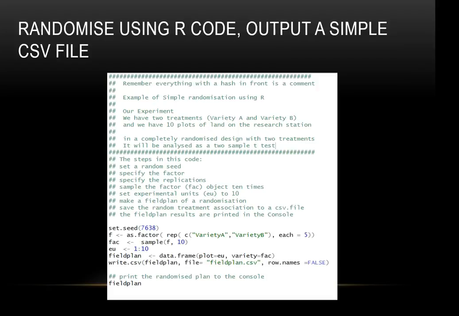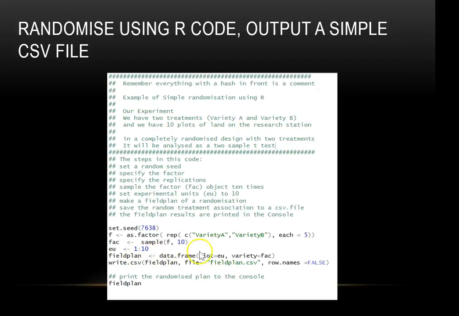So the steps in this code, and let's look down to the black. First of all, we set our seed, and in this case I've got 7638. It doesn't matter what the seed is. Then here I'm just making a factor, so I'm saying F is a factor which consists of replicating 5 times each variety A and variety B. That just gives us in fact a list of 10 with equal variety A and variety B. Then we sample that. So when we sample it, this is where the randomization comes in. And then we sample it 10 times, and then we will just have our experimental units 1 to 10, and we'll ask it